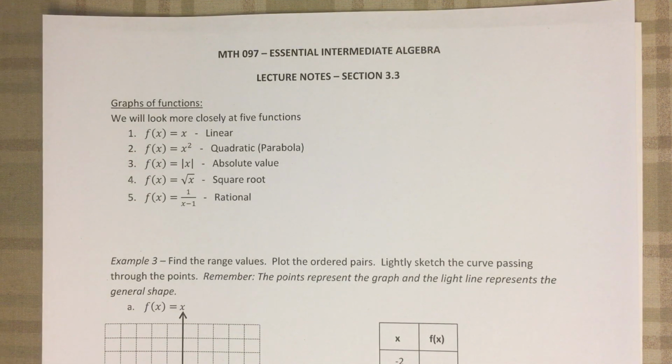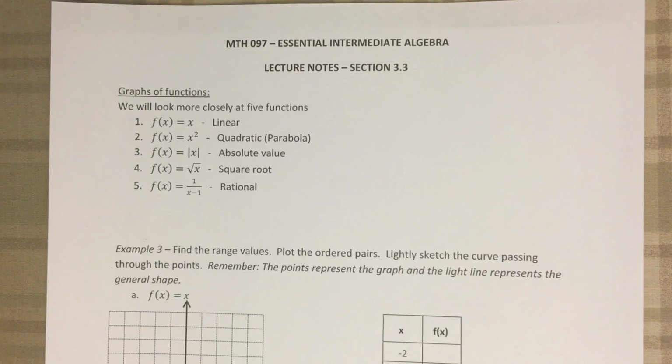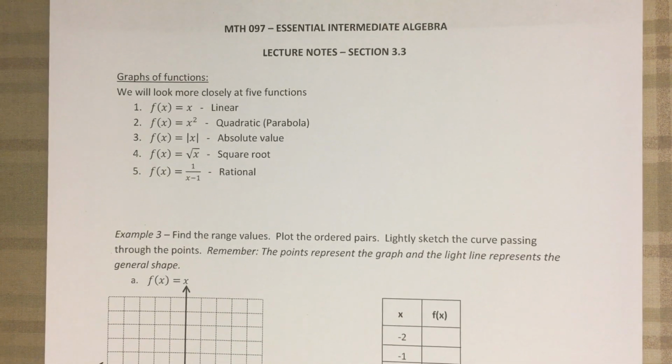Right? So as we're thinking about these, again, we're still restricted to our integer domain. So the only points that are really going on our graph are going to be the ordered pairs that are integers. And then we're going to sketch the graph to get an idea of what our shape is going to look like. We're going to see more of these types of graphing problems in chapter 5 later on down the road, but for right now we're going to focus on these 5 different types of